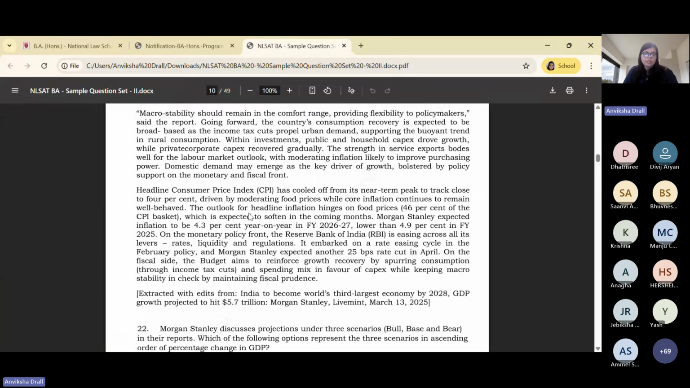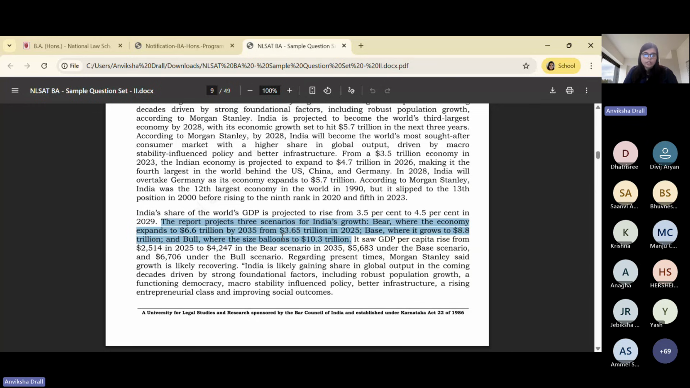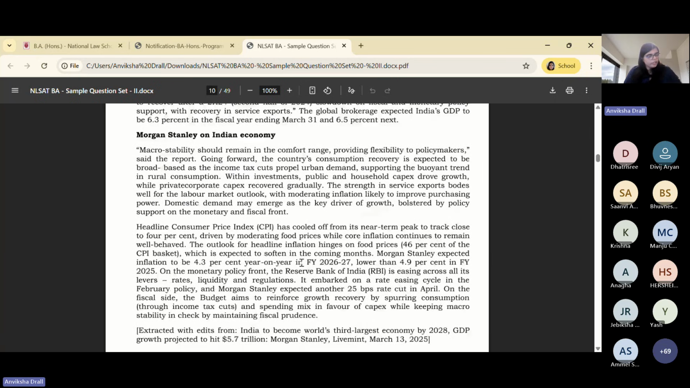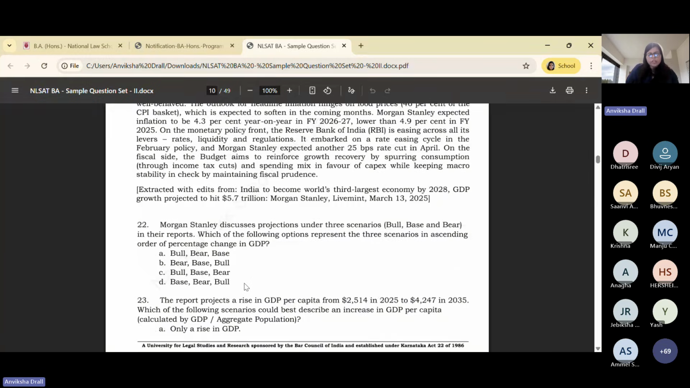So clearly you can find it out here that for the bear phase, your percentage change will be 6.6 minus 3.65 upon 3.65. For the base one, it will be 8.8 minus 3.65 upon 3.65. And for the bull, it will be 10.3 minus 3.65 by 3.65. So you can calculate the values here, and it's a bit intuitive also because the values are increasing, and you can see that